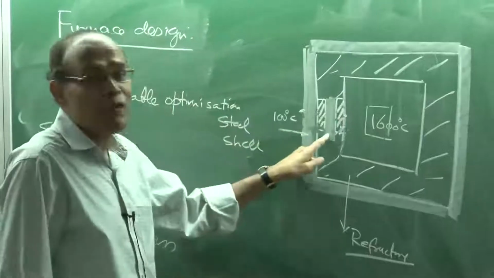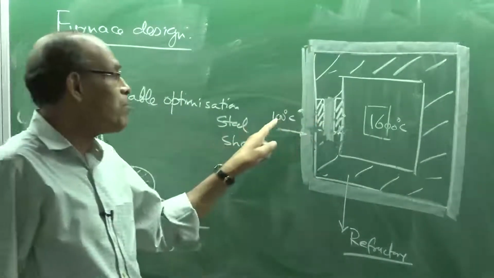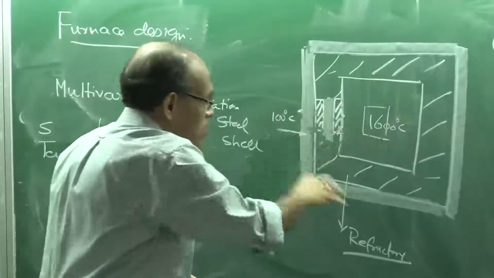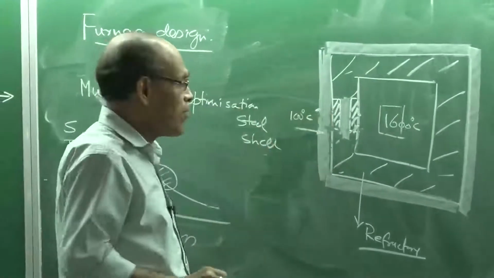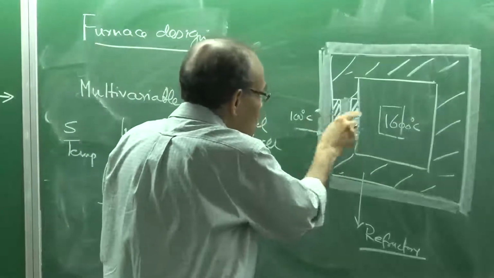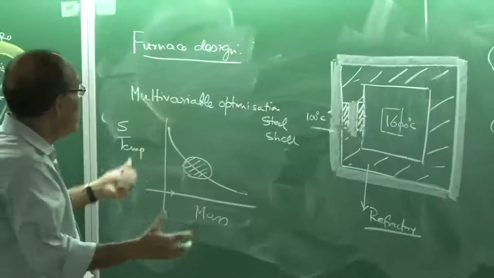So more thermal resistances in the path of heat are being introduced, and that we all know can impede the rate. So in the design of the furnace, we require extensive knowledge of conductive heat transfer. We require extensive knowledge of the thermal resistances,